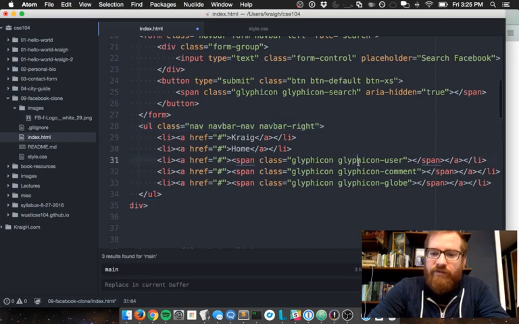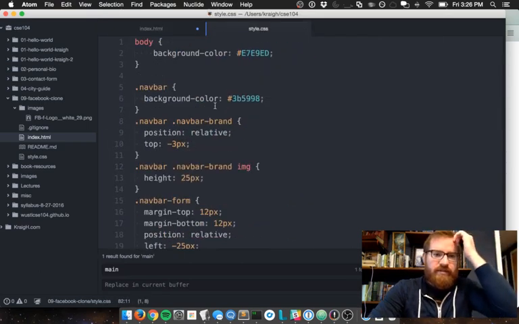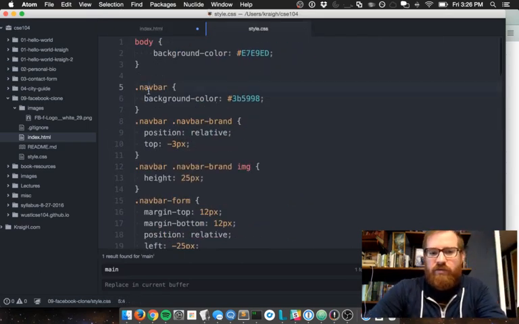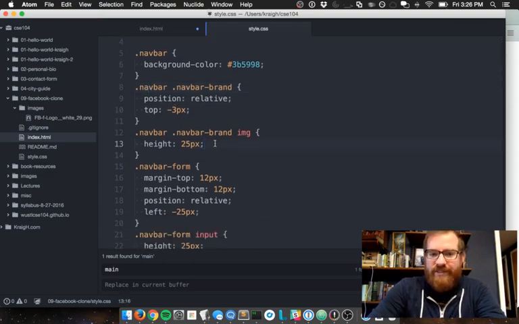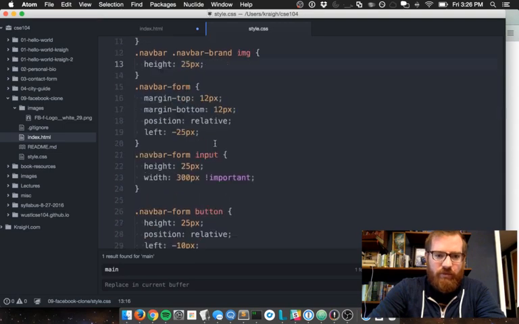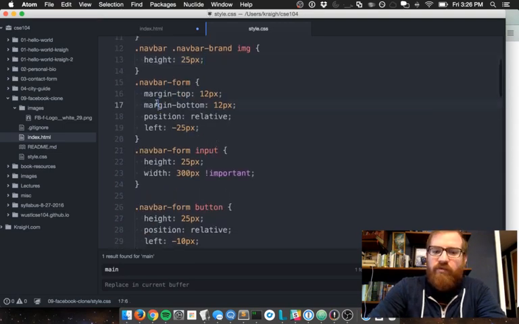Then again, I used the glyphicons for these as well. And then I styled these a little bit differently as well. So again, Bootstrap just gives you the base components that you can then add additional styles to. So for instance, I targeted class navbar and changed the background color to Facebook blue. I repositioned the Facebook logo a little bit with position relative and moved it up a bit. Also set the height just to make it a little bit more square. Move the form around a little bit,